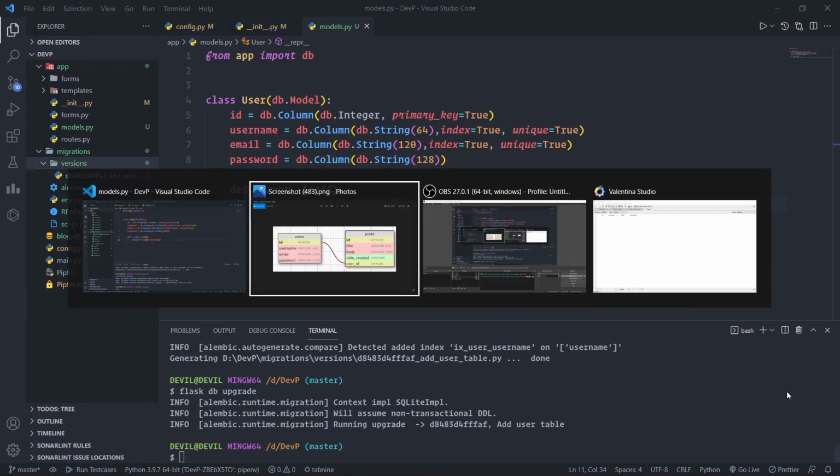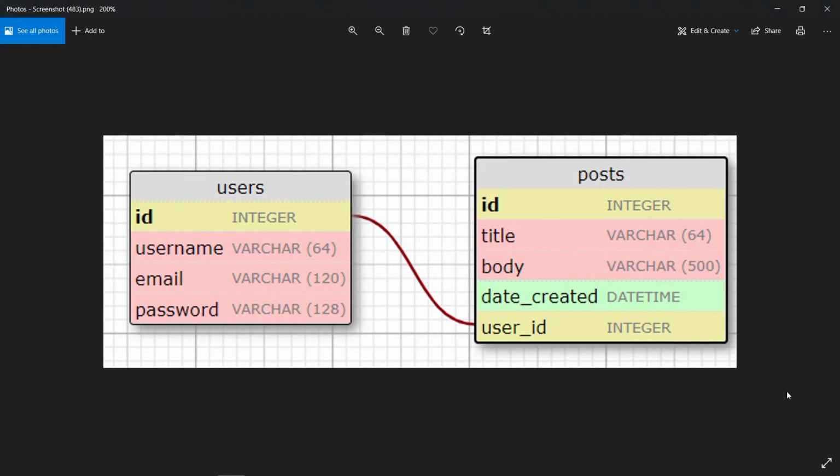Here is the schema of this table. So here we have the users table that we have already created. Here we have another table that we are going to create, and in this table we have the same ID field and four more fields called title, body, date created and the user ID. So what are all these fields?